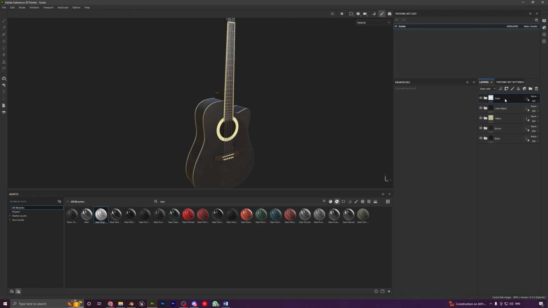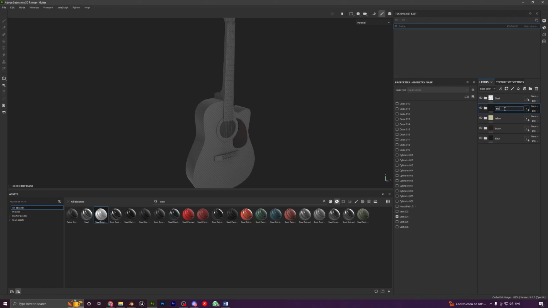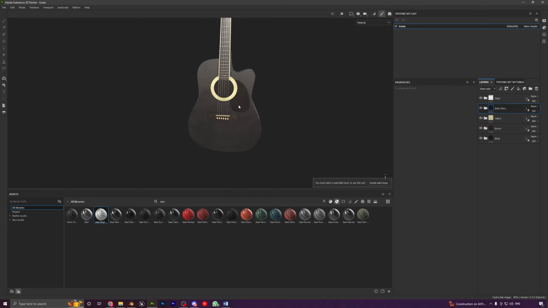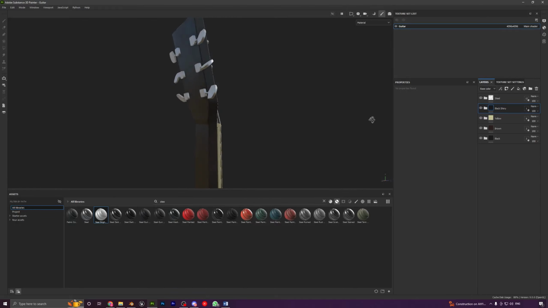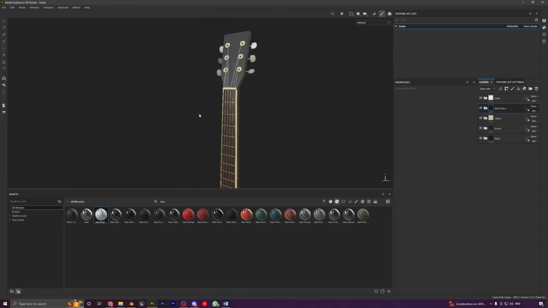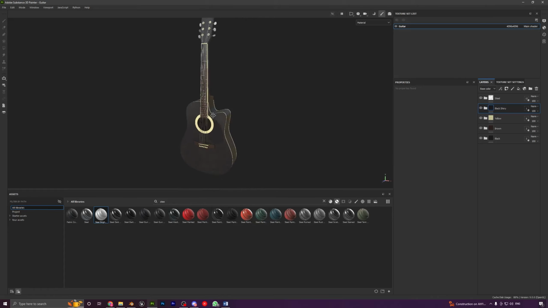Steel, and this last one, just rename it to black shiny. All right, guys, so let's hit save. And what we want to do now is export all these textures into Blender and see how they look in Blender. So to do that,